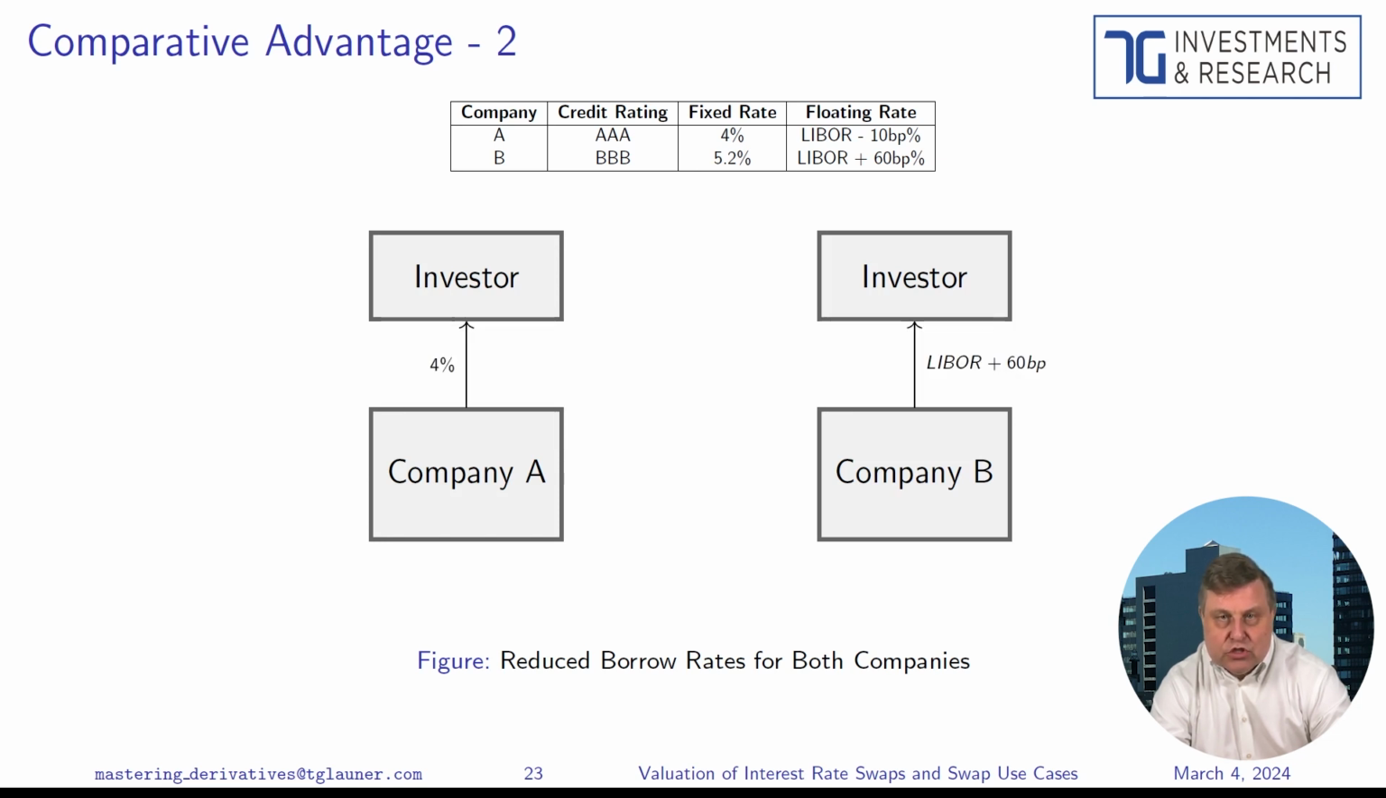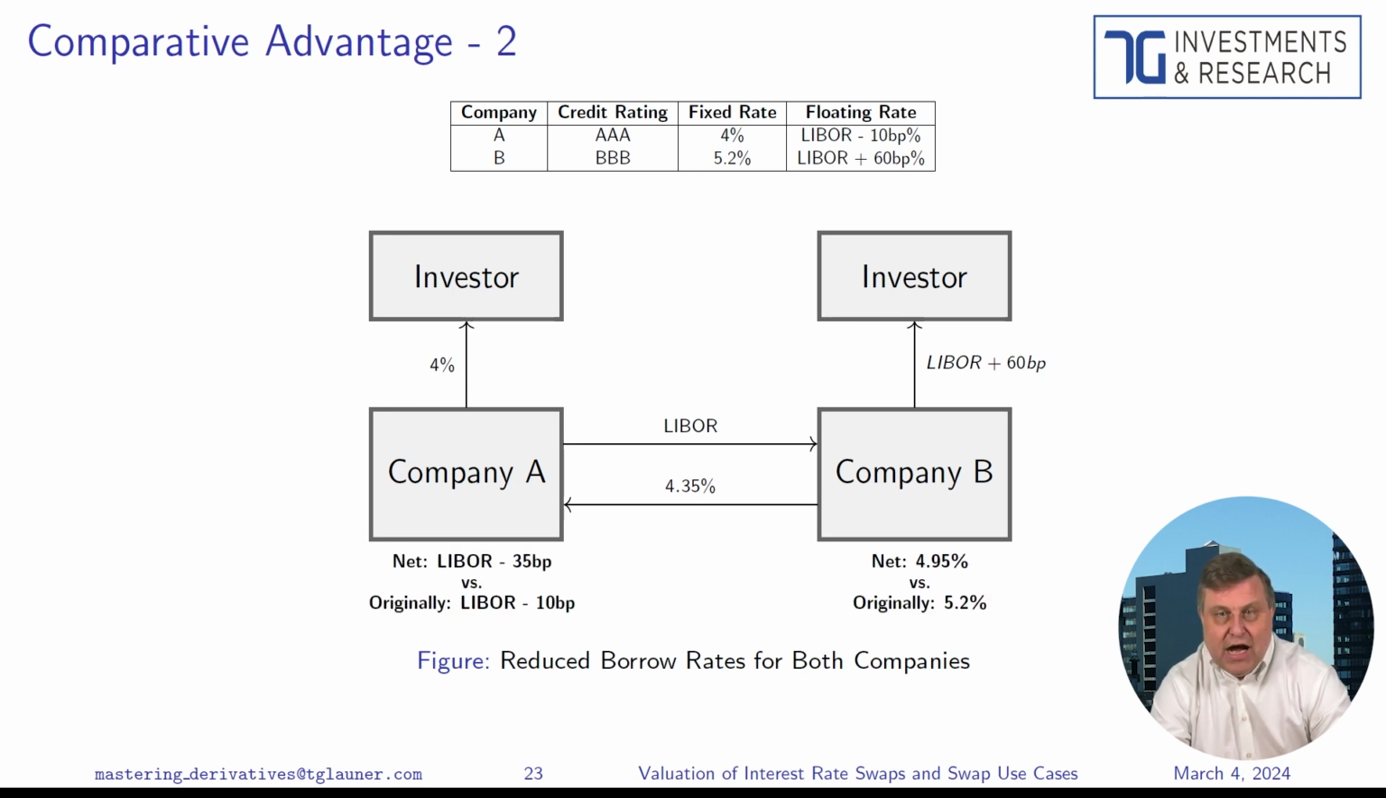Through an interest rate swap arrangement between these 2 companies, potentially facilitated by an intermediary bank, Company A agrees to pay LIBOR to Company B, while receiving a fixed rate of 4.35% in return. They both pay to the investor the rates in the table. After netting out their respective payments and receipts through the swap agreement,